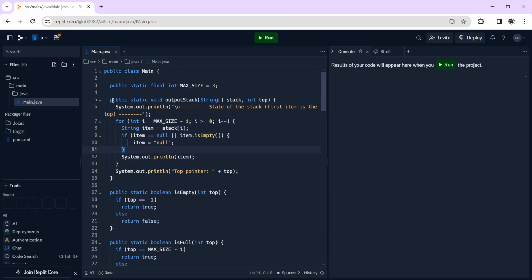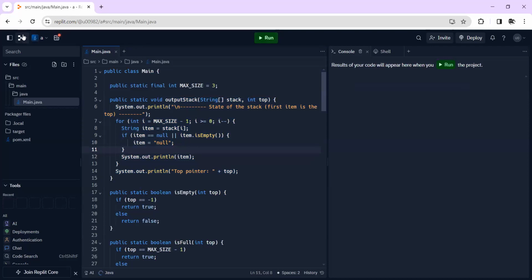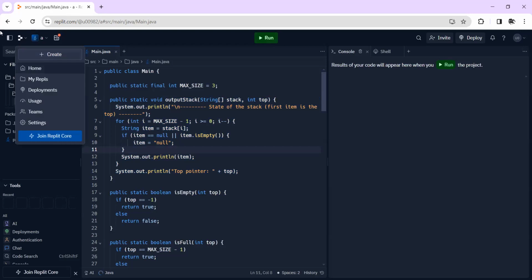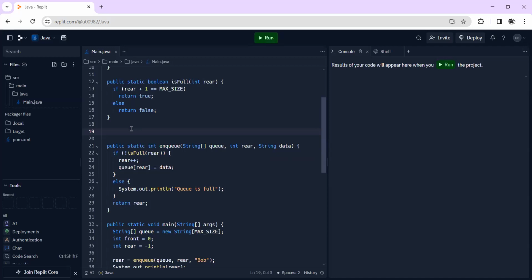It's using the for loop, yes, but then you have to take care of your rear and front pointers. So you have to check. You do your check first. If you want to start, you want to start from your front pointer, right? Yes. So you can say output Q, and then you can